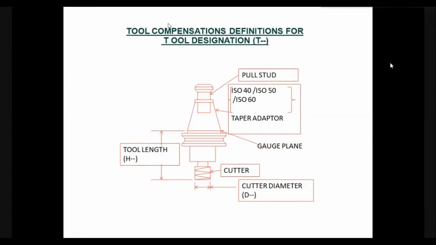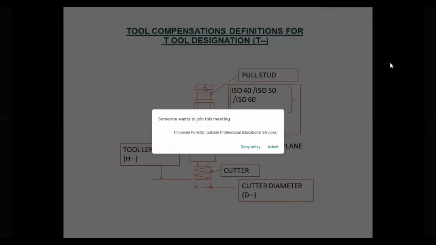So as soon as work with tool number 2, that is the 5 mm drill, has been completed, it will be returned back to its tool position. These tools will have tapered diameters, which get located in the spindle for precise location. That means the run-out and face run-out of the cutting tool will be 0 with reference to the spindle axis. The portion of this particular thing is called the pull stud.